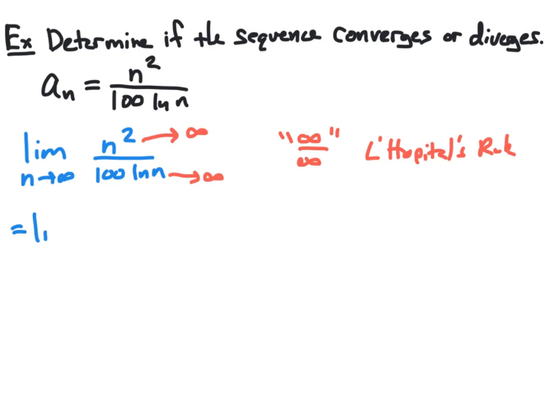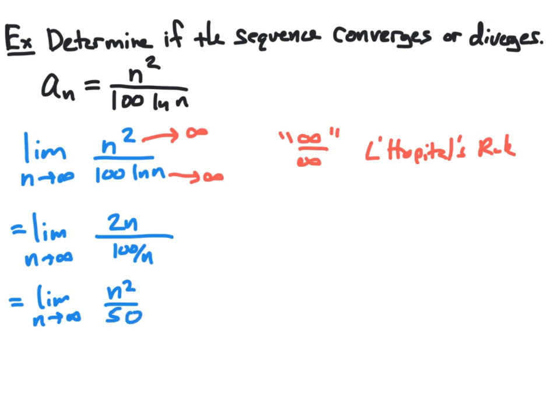Now this means that we're going to take the derivative of the numerator and denominator separately. And so the derivative of n squared will be 2n. And the derivative of 100 natural log n will be 100 divided by n, or 100 times 1 over n. This we can then simplify. This is the limit as n goes to infinity of n squared over 50. And as n gets large, n squared over 50 will get arbitrarily large,